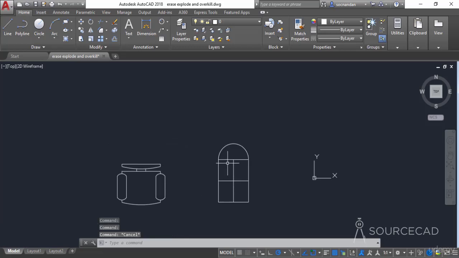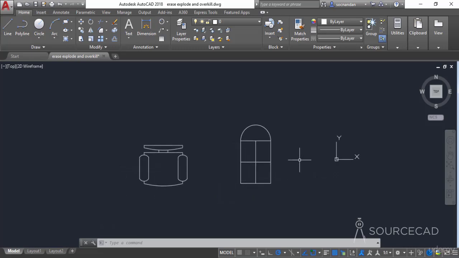In a similar way, if you click on this rectangle, you'll find that it's completely a single polyline and it has 4 different line segments. But you can also explode this geometry to reduce it into its simplest form. So once again, select the explode tool, click on this rectangle and press enter. And now when you click on this object, you'll notice that it's a single line segment, and similarly all the objects have been broken down into their simplest segments.